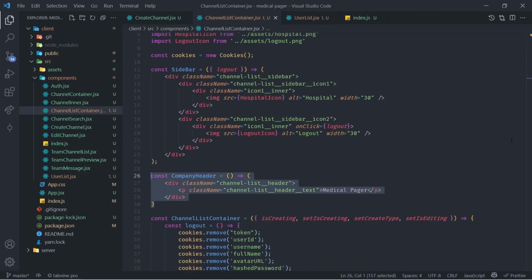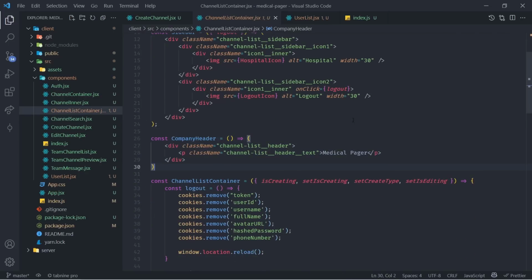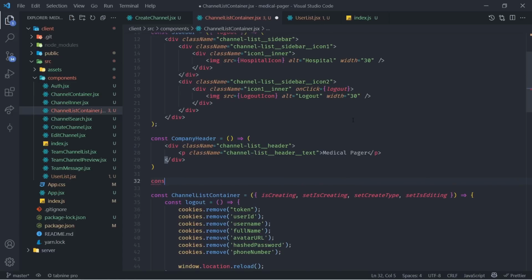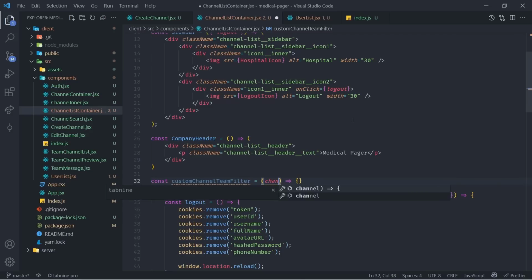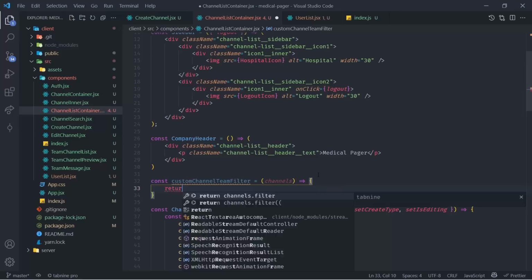Then we have the company header. After that, let's create some filters. So right here, I'm gonna say const custom channel team filter, and that's going to be a function. And as a parameter, we're going to get a list of all the channels. There we can return